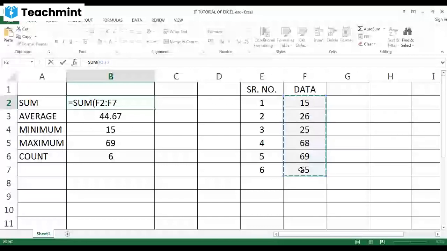Is there anyone who wants to answer? Okay, let me tell you. When you want to select multiple cells, you can do it by two methods: with the help of your mouse and with the help of your keyboard. With the mouse, you select the first cell, click the left button, do not leave it, and continue to drag to the last cell you want to select. Then you leave your left button.